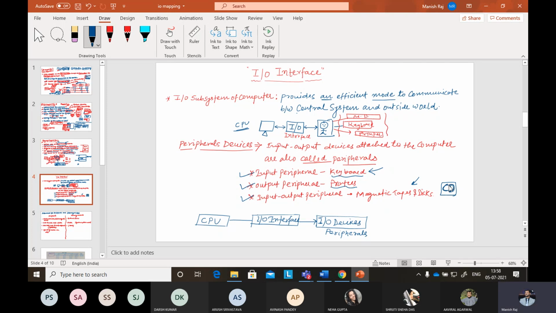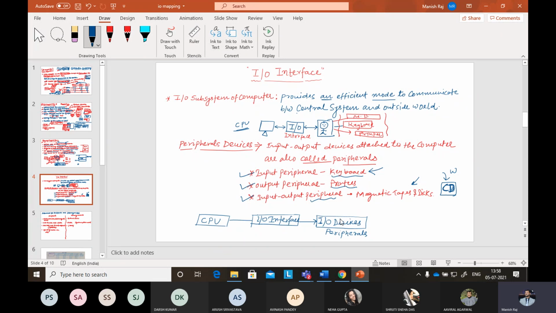Hello. Some of the students know about that. You can write to the CD or you can play the CD. So you can write this thing, provide the input to it, or you can take the output from it. So there are input and output peripherals. Some input-output peripherals are also present: input peripherals, output peripherals, and a third kind, input-output peripherals.